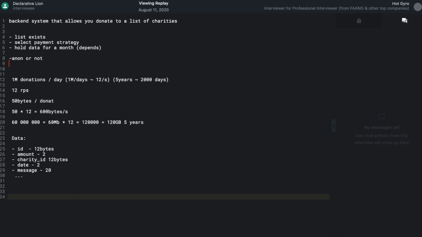The other one, kind of minor, but also good to think about, is currency, right? And the amount in units. Do you accept just dollars or do you accept pennies, things like that? That can help design your database schema, right? Like, is it going to be a float or an integer value? So these are things you could ask upfront, or maybe even assume, so that it will make your database design much clearer, right?